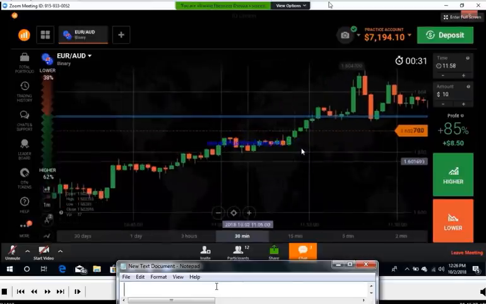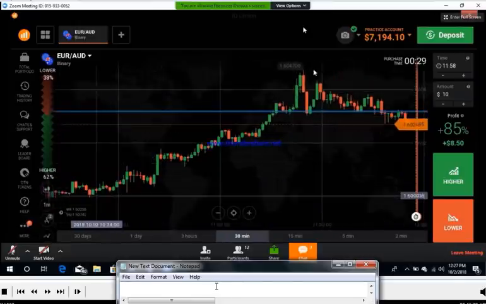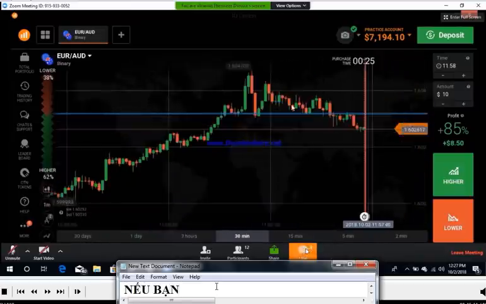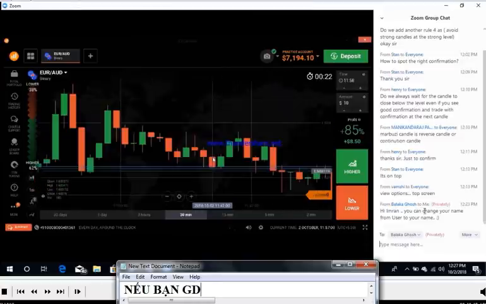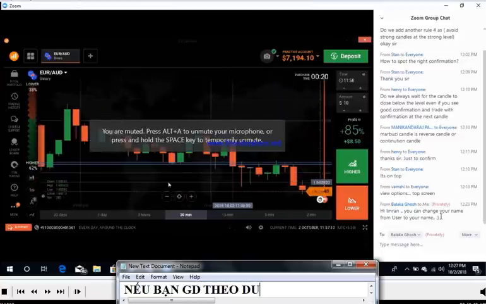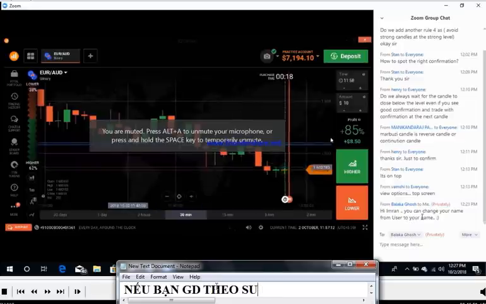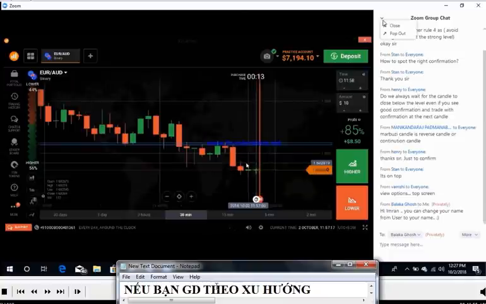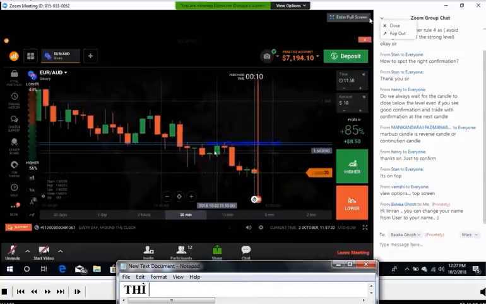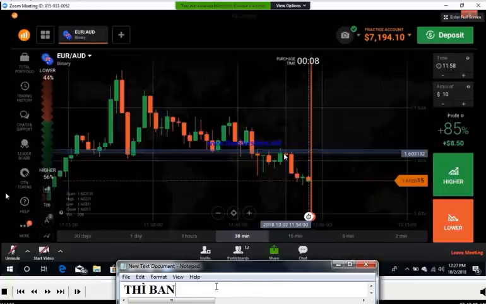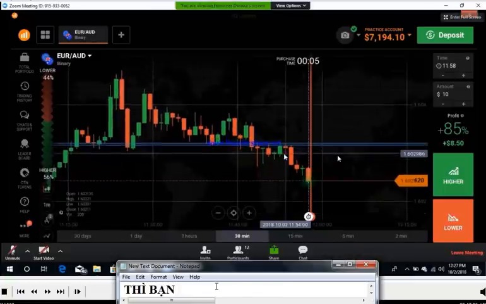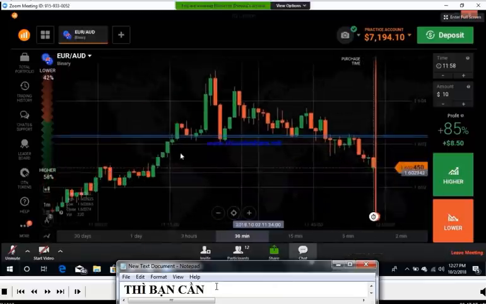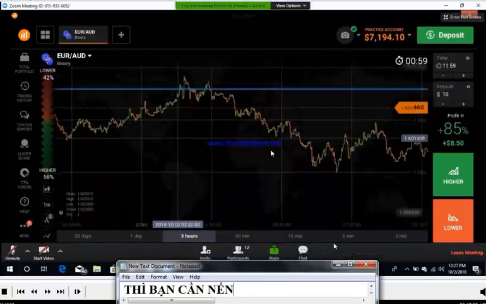So if you want to trade here in the direction of the trend, you can trade here and here also. This candle closed below the level, and this candle closed below the level with rejection. You can trade on the next level. For the first time you can trade without any confirmation, but if you trade with confirmation, it will be a sure shot of winning for you. When you trade with confirmation, it will be good.